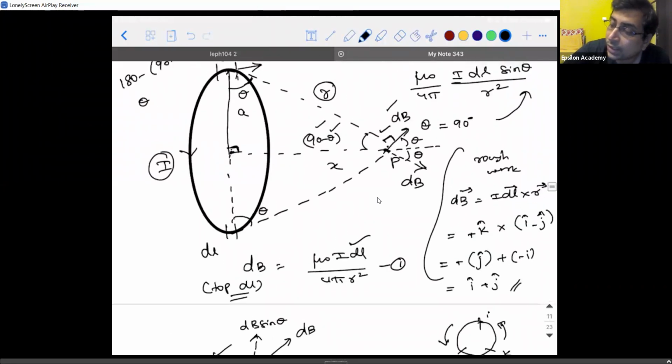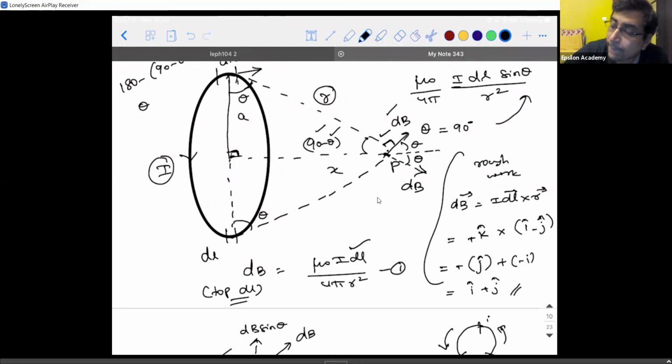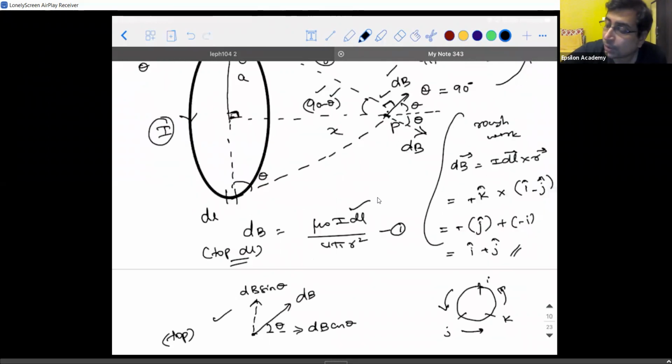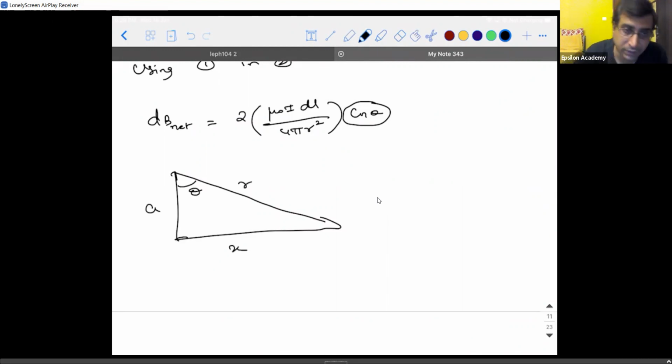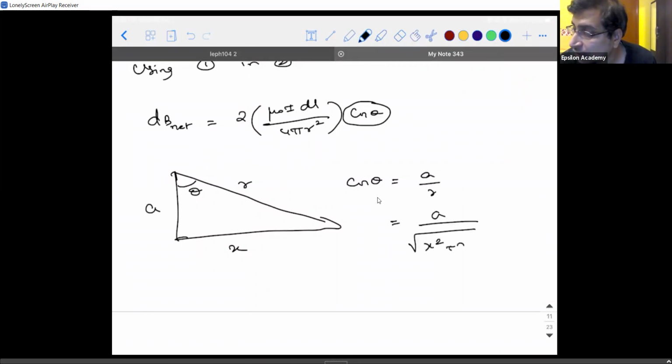So if I look at the right angle triangle, what does cos theta tell? I'll draw it separately, you can check. If this is how theta is going to be, if this is A and this is R, this is X, what is cos theta, guys? Is it not A by R? But R, can I write it as root of X square plus A square? I'll write this at a later point. As of now, let it be R only. Okay, I'll take this and plug the value here.